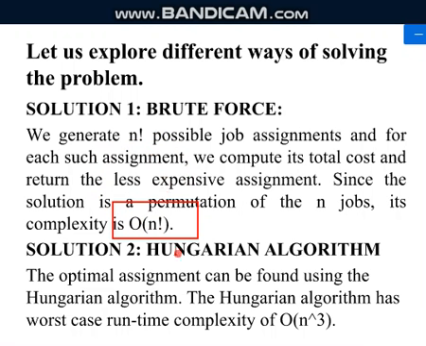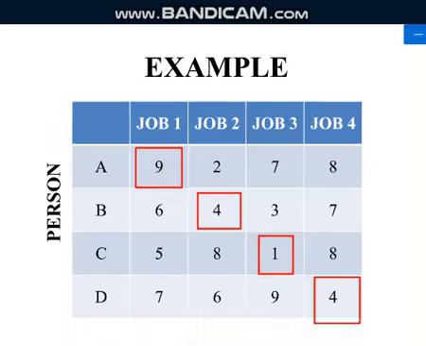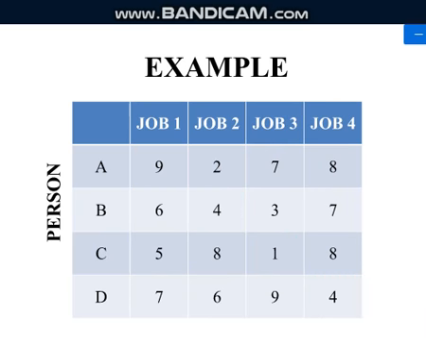One more method you have is Hungarian's algorithm. Okay, so this is actually one of the best solutions we can get, using Hungarian's method. What Hungarian's method does is, in the given problem or in the given table, you just check either row wise or column wise for the least possible value. Okay, so for example, if I go row wise, in the first row, what is the least possible value? The least possible value is 2.